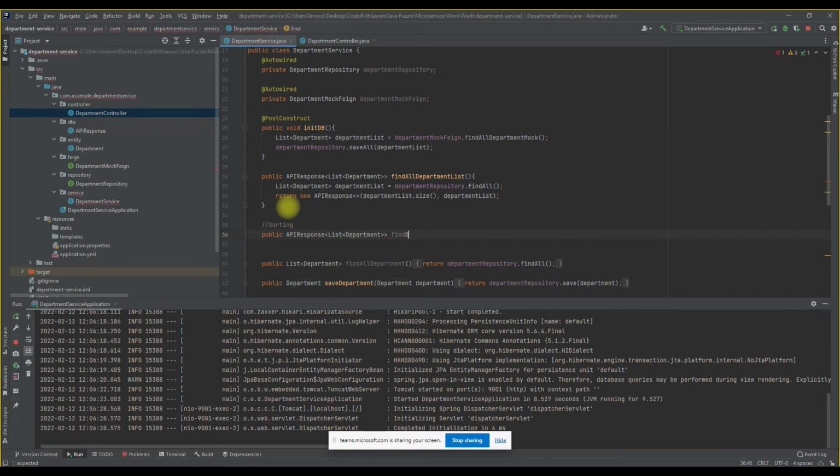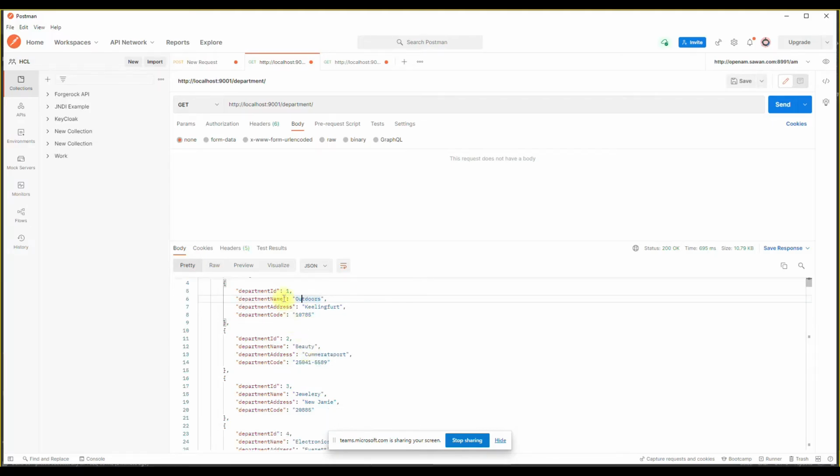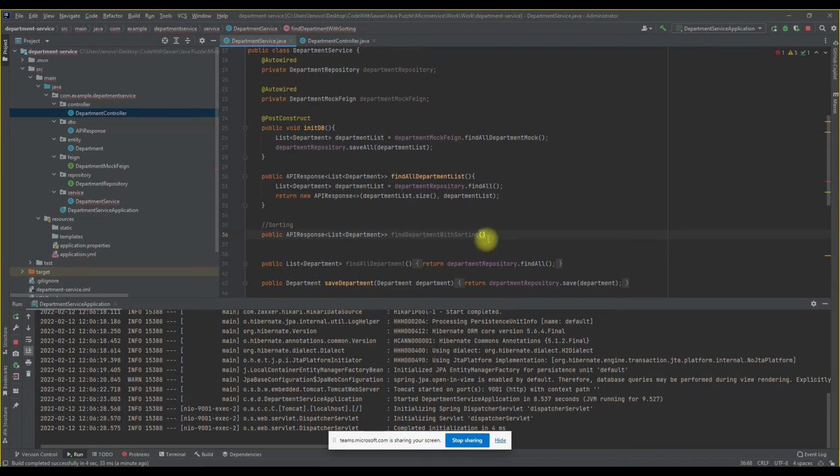Find department with sorting. Okay, and here in the sorting, like we have a department ID, department name, department address, department code. So in which attribute we want to sort, that we will pass there. So here we will going to pass the string field,